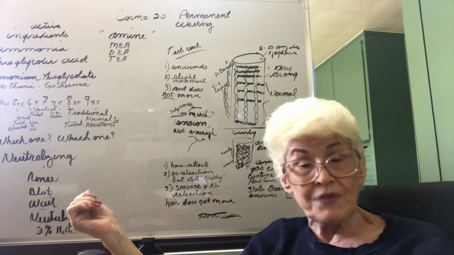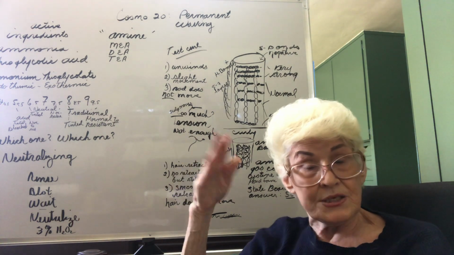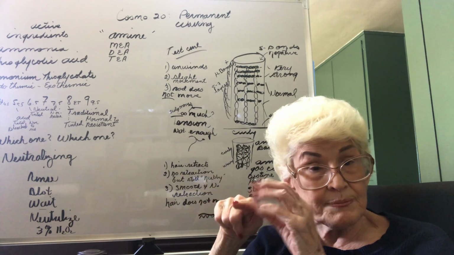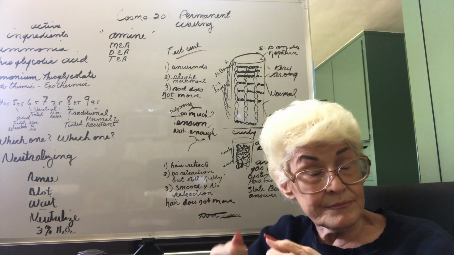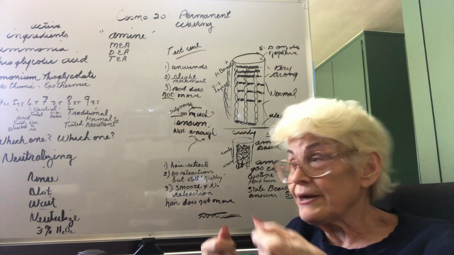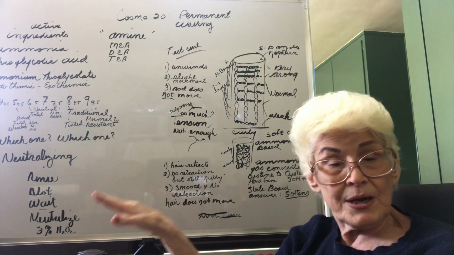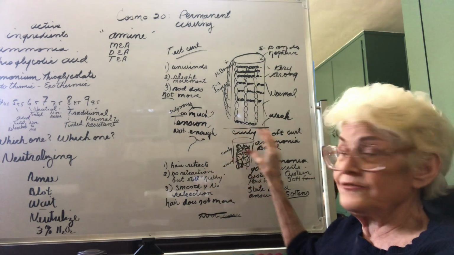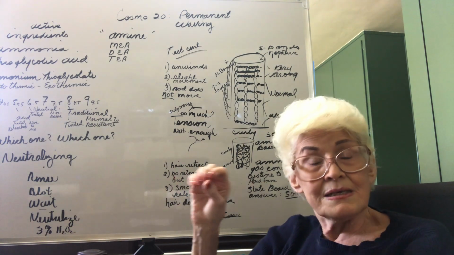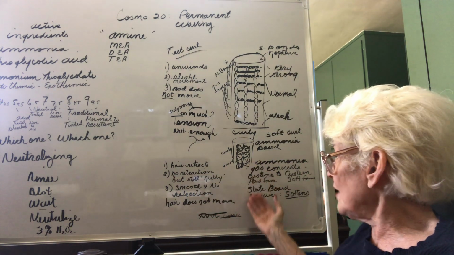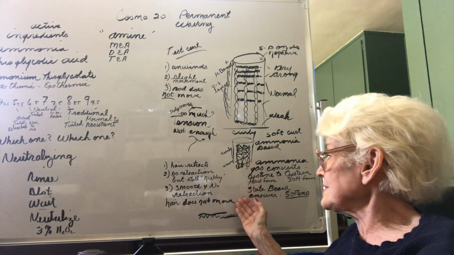But if I have a resistant fine hair that I maybe had to resaturate because I didn't have enough ammonia gas to do all the converting, maybe the rod stopped moving, but when I took my S pattern, it didn't drop down and it was weak. If that's the case, I need to resaturate. Then I'm going to wait, and then I'm going to neutralize. And then my processing is done. I've converted my cystine to cysteine, my cysteine back to cystine, and if I'm in a soft curl or a straightener, I can stop here with a straightener, but if I'm in a soft curl, after I rinse it out,